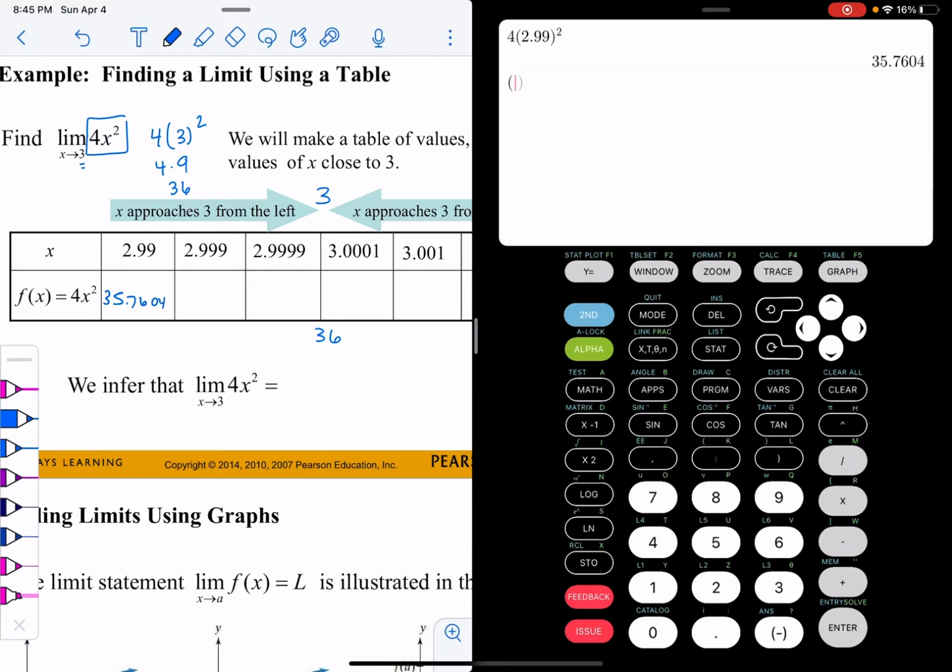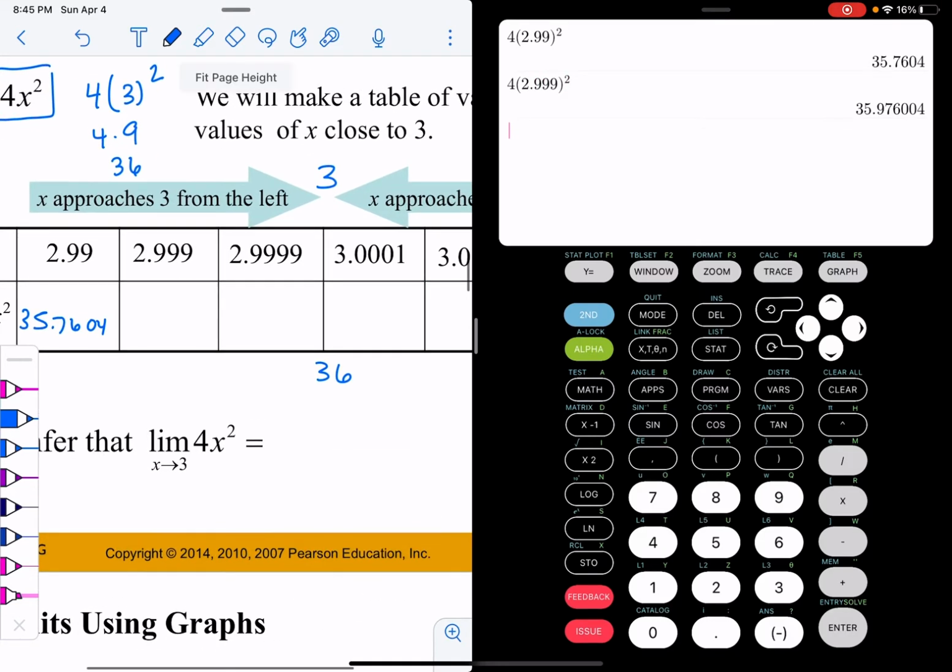If I take 4 and multiply by 2.999 squared, we end up with 35.9760. If we take 4 and multiply it by 2.9999 squared, we end up with